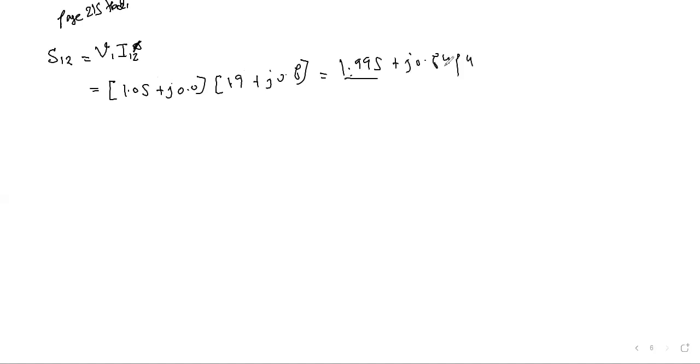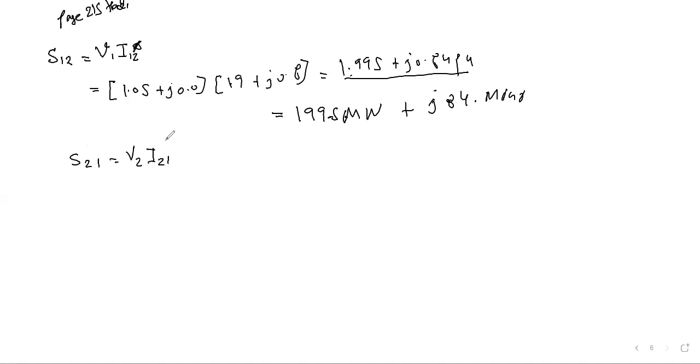So if you multiply this, the actual value would be equal to 199.5 megawatts, because you have to multiply it with 100, and 84 MVAR. On similar grounds, S21 you can write V2 into I21 conjugate, which I'll directly write the value. This will come as minus 191.0 megawatt minus J67.0 MVAR. And similarly, your S13, because you're having only three connections, would be V1 into I13 conjugate,